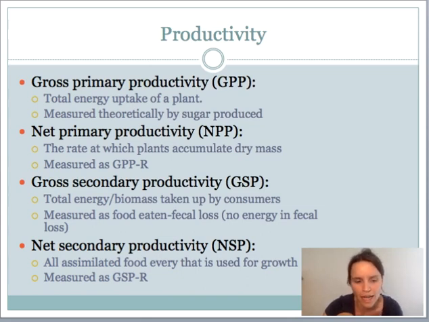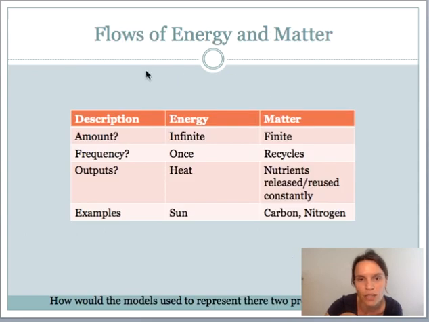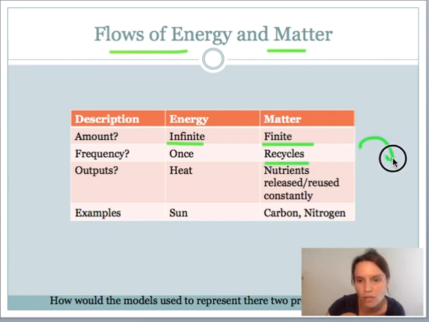When we look at productivity, we're mostly looking at energy passing from level to level. But that energy couldn't be passed along without the cycling of matter. So this process of productivity is intimately tied into cycling of matter. And in the next slide, we look a little bit at the difference between flows of energy and flows of matter in our world. The big difference is that energy flows in an infinite amount. There's a finite amount of matter on the planet, and it cycles. It cycles around from the biosphere to the lithosphere to the atmosphere and changes form, but we don't get any